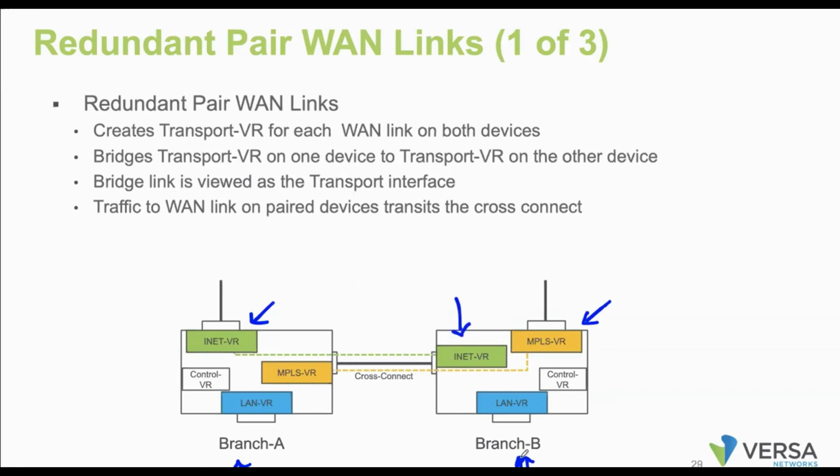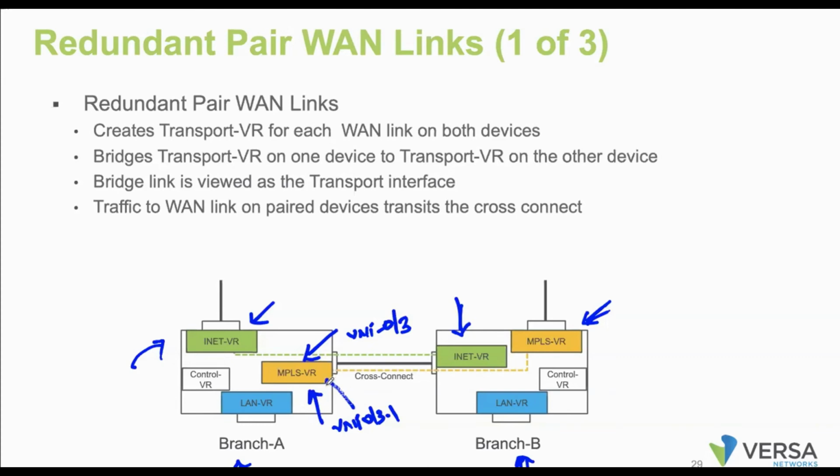Here, a new VR gets created at branch B, and a new VR gets created at branch A. Now, when I go to branch A and see the transports, you'll find both the transports, internet transport VR as well as the MPLS transport VR. At branch B as well, the MPLS transport VR and then the internet transport VR. Now, what is going to happen internally? Let's say we have created VNI 0/3 as a cross connect. If I create VNI 0/3 as a cross connect, what will happen? It is going to create sub interfaces. VNI 0/3.1 sub interfaces will be created.